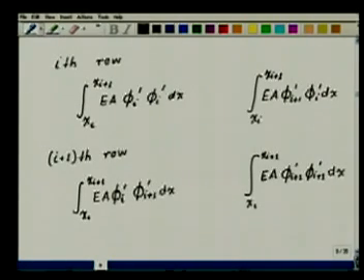So you see that these are the 4 entries in the global stiffness matrix